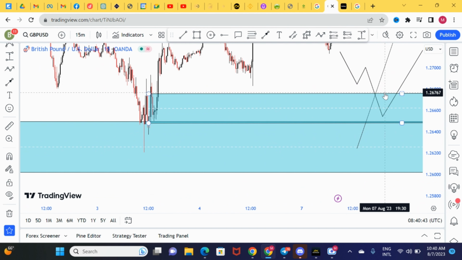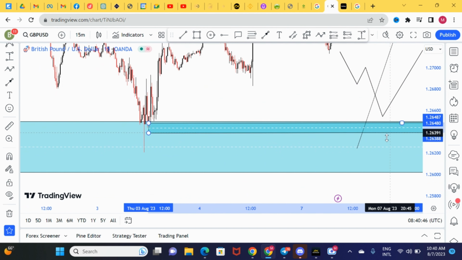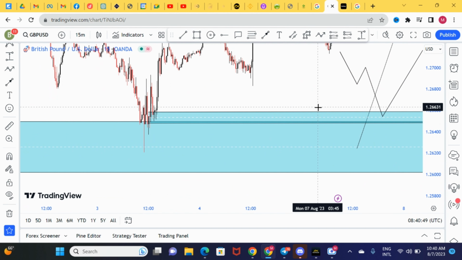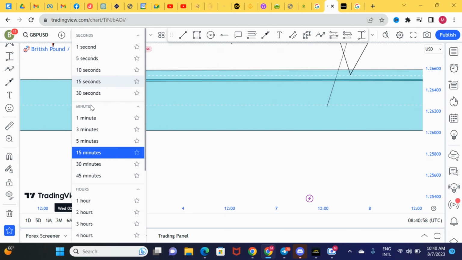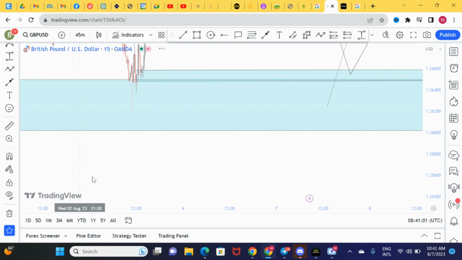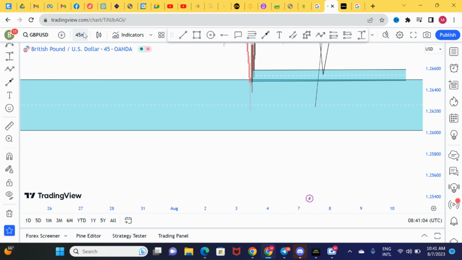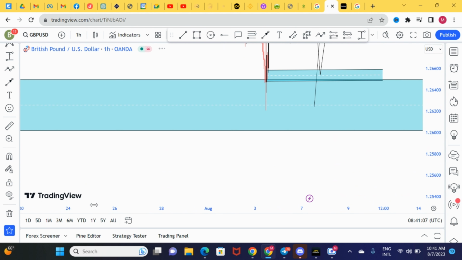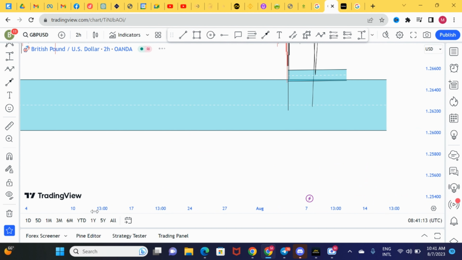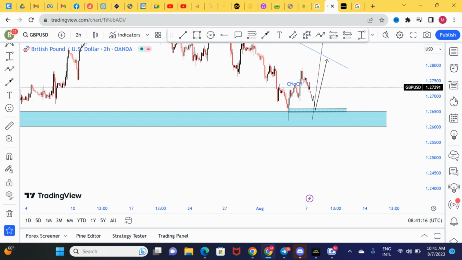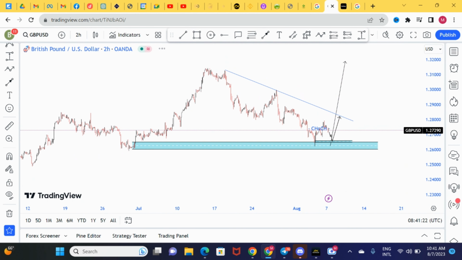Okay, let's reduce this to a candlestick that we can use. So we'll take a trade there. Allow me to just see. Now I'm concerned about this rejection, right? So what I'm going to do is allow me to use a different time frame and see if I can find anything significant in that area that I can use. Okay, well, ladies and gentlemen, I'll just wait for the market to reach this level and then I'll take a buy.